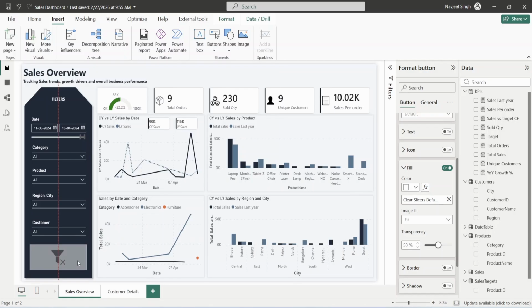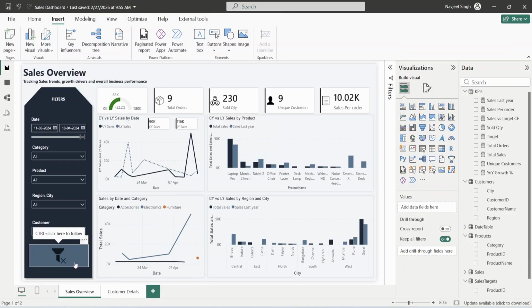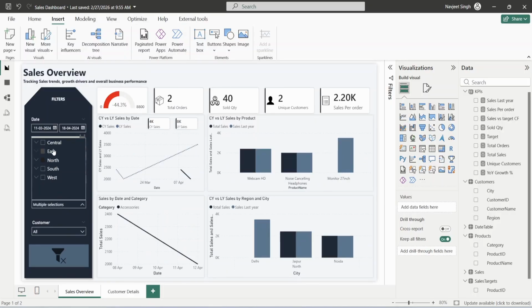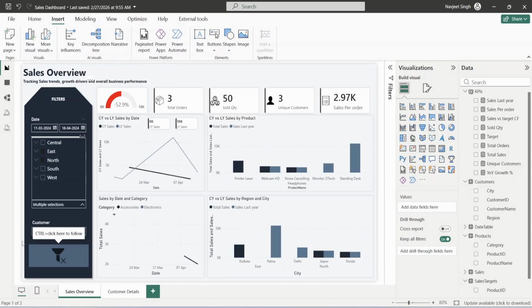So we'll add it here. Okay, and now we can change the transparency to 25 and fill color to this. Right, this looks great. Okay, so how this works, like for example, if you have selected multiple slicers and you